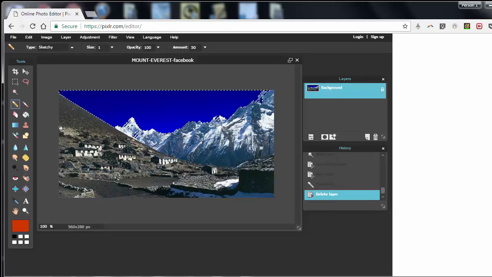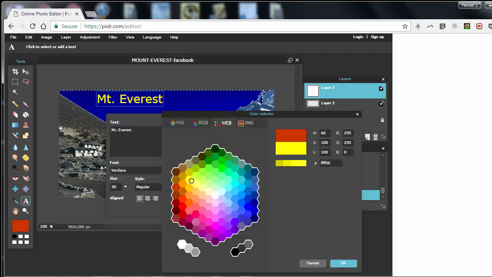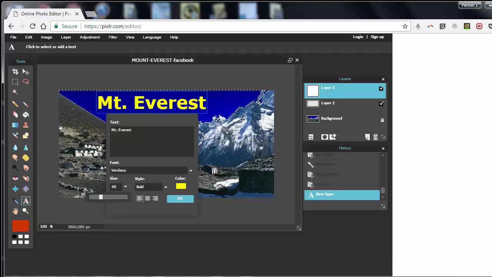Next, on the other tasks, we added a layer and we put text on it. This is add layer here. You can remove a layer, but you can go up here, new layer. You can add some text. I like adding text to stuff. Mount Everest. And once again, choose a color, make that gold. You have all these little tools here: bold, change the size, drag the slider as you wish,